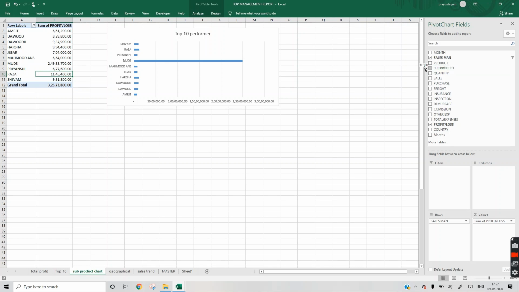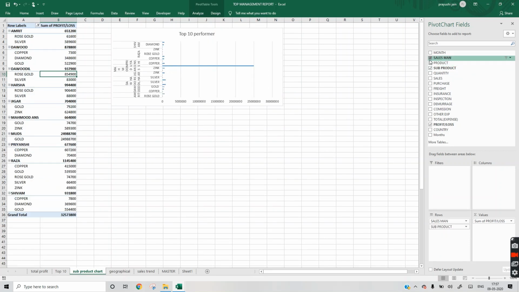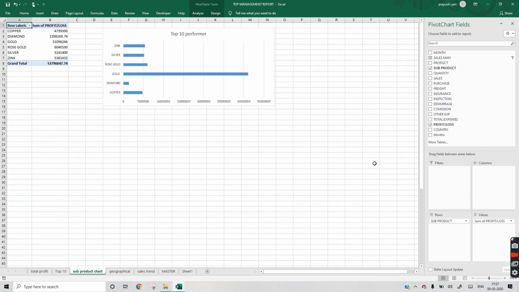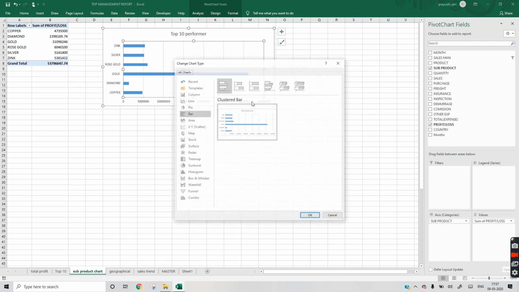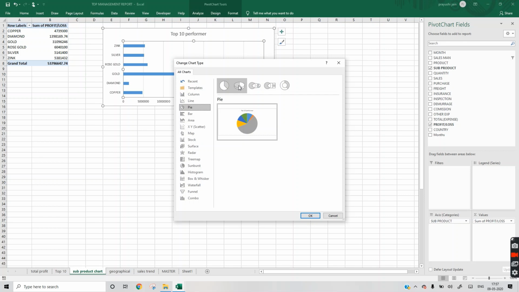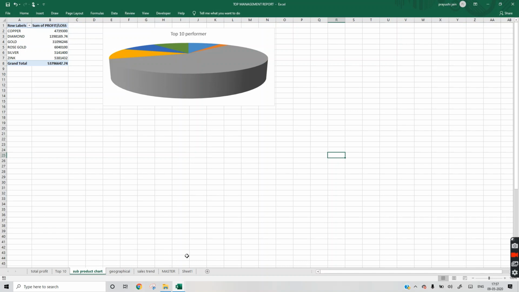We'll select subproduct in this. A pie chart will look better in this. Select the pie chart, maybe this looks better. So around our 5 charts have been made ready.